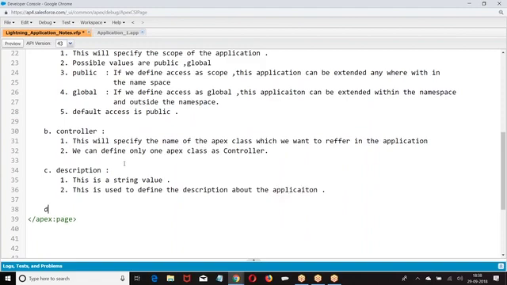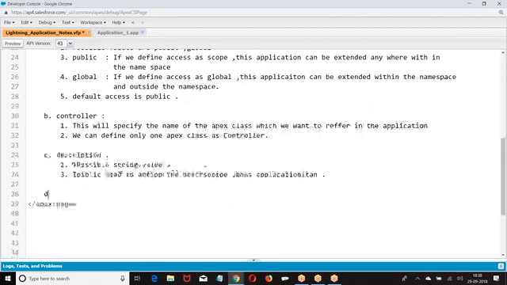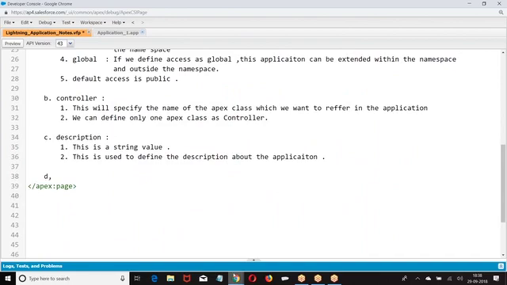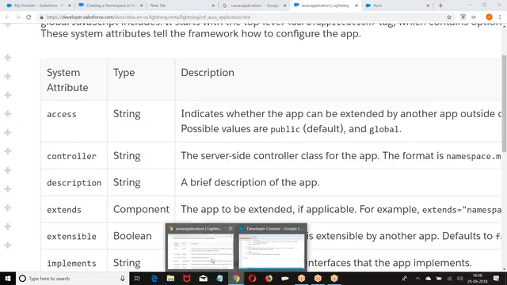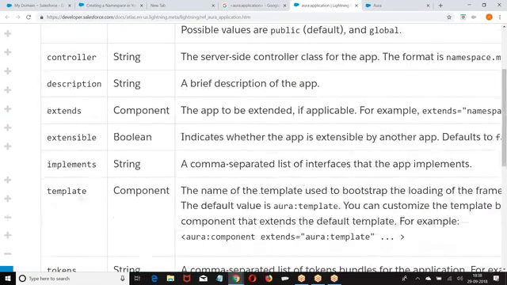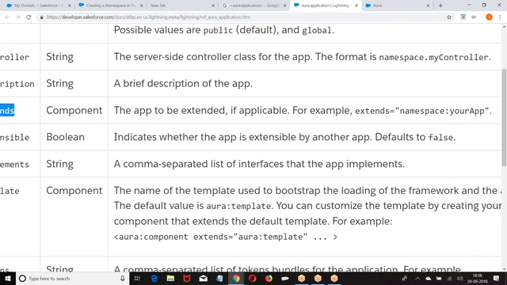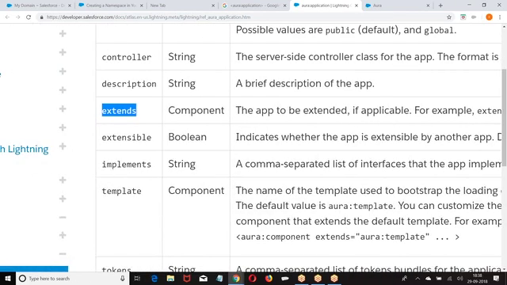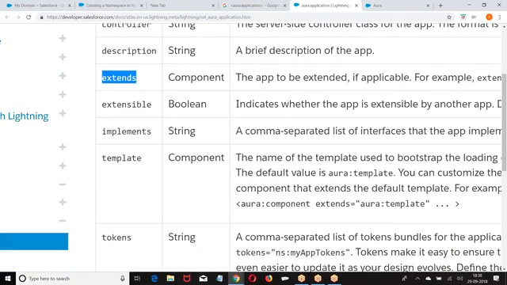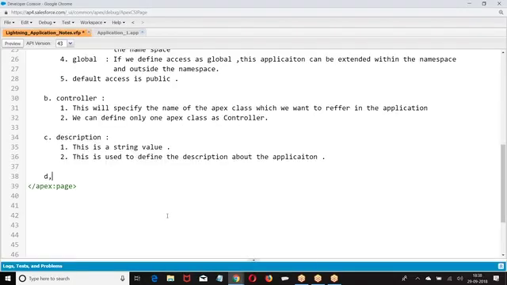Now, next one we have is extends. If the application wants to extend any other application, we'll use extends. Extends, extensible, implements. Let us see them one by one.